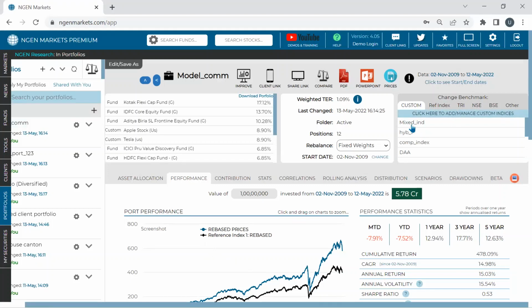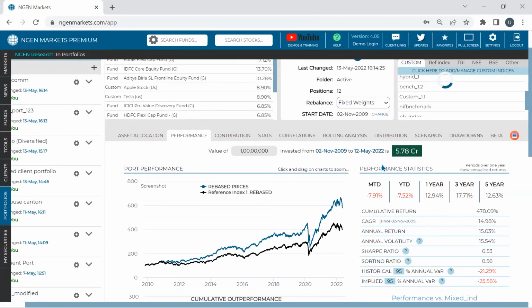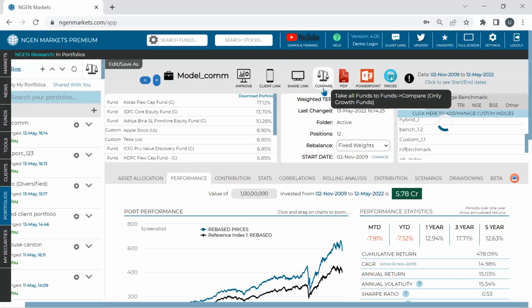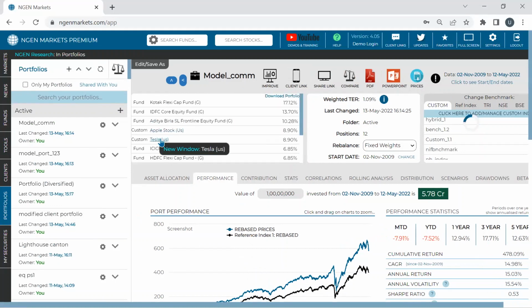So if I click on this mixed index, it is a customized index. You can compare this mixed index with your own mutual fund stocks, or a hybrid portfolio which you have right now. It's a quite diversified portfolio, right? And let's do one more comparison here. Let's say our model portfolio, which has some commodities and some foreign equities. If you want to compare them with the mutual funds, all you have to do is